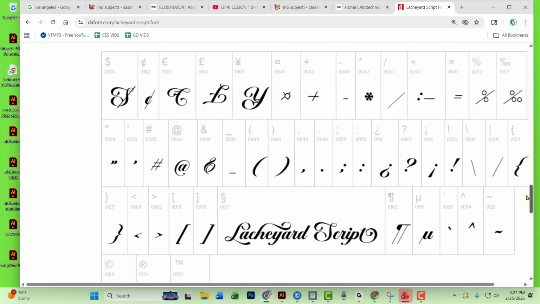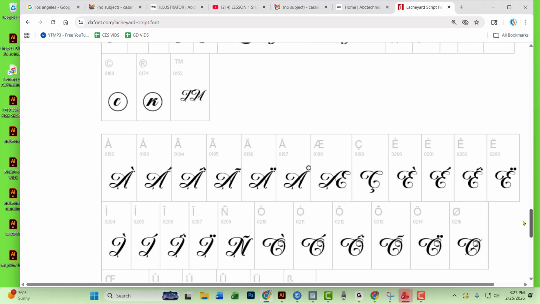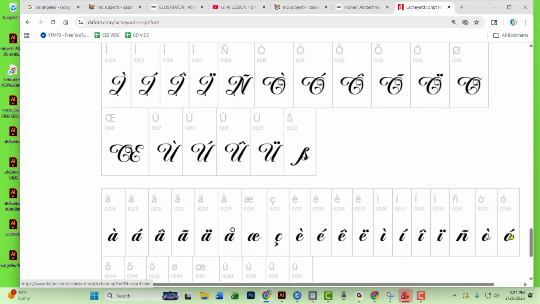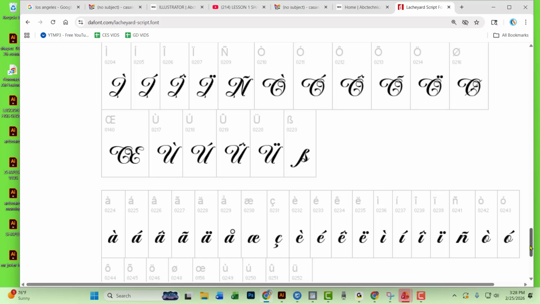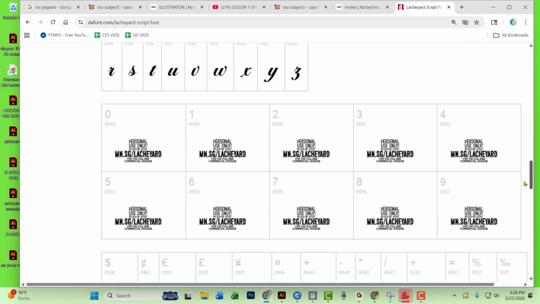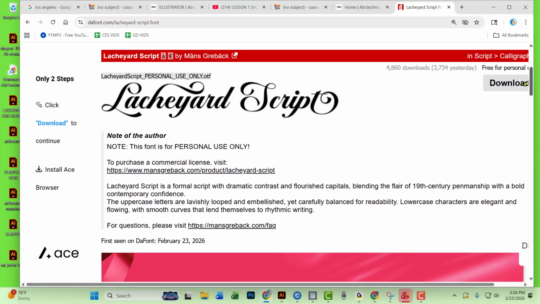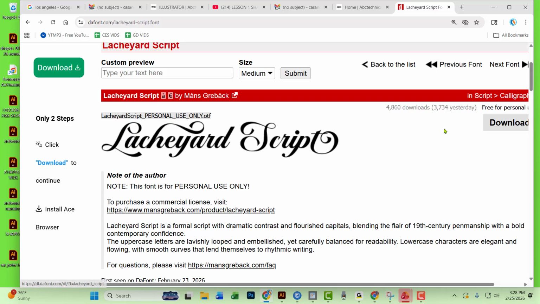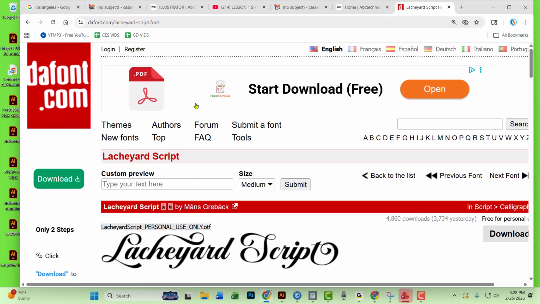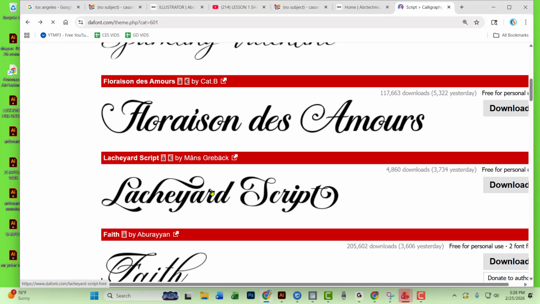Well, that is something that you need to decide. Do you need numbers in your text? Well, if you explore other fonts, and if that other font that you explore has numbers, it's going to show them over here. So once you are sure that the extra characters besides the alphabet are here, you can go to download right here. Look, download. And like I said before, if you don't care about numbers and other characters, well, you can download it just from here, from where you first saw it. From here, you don't care about anything else, just click on